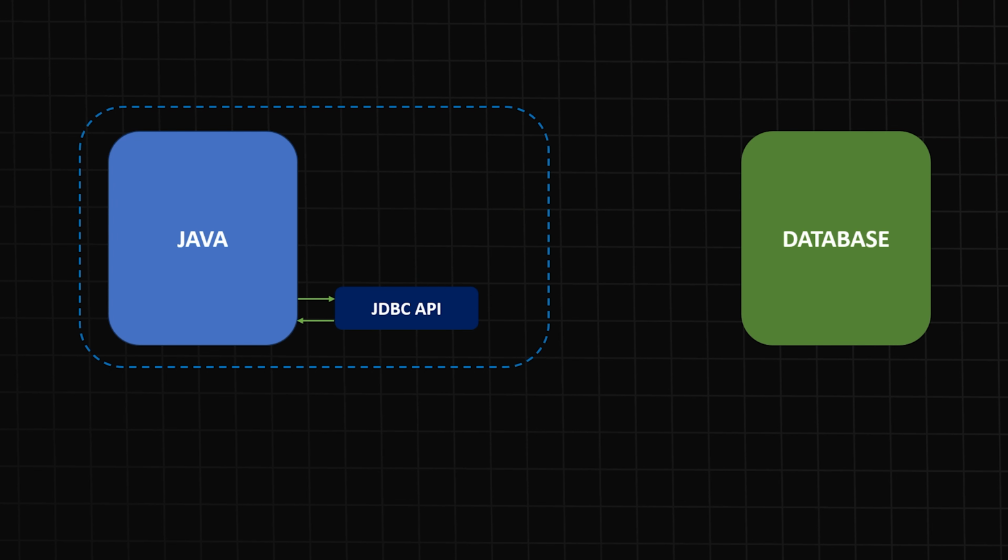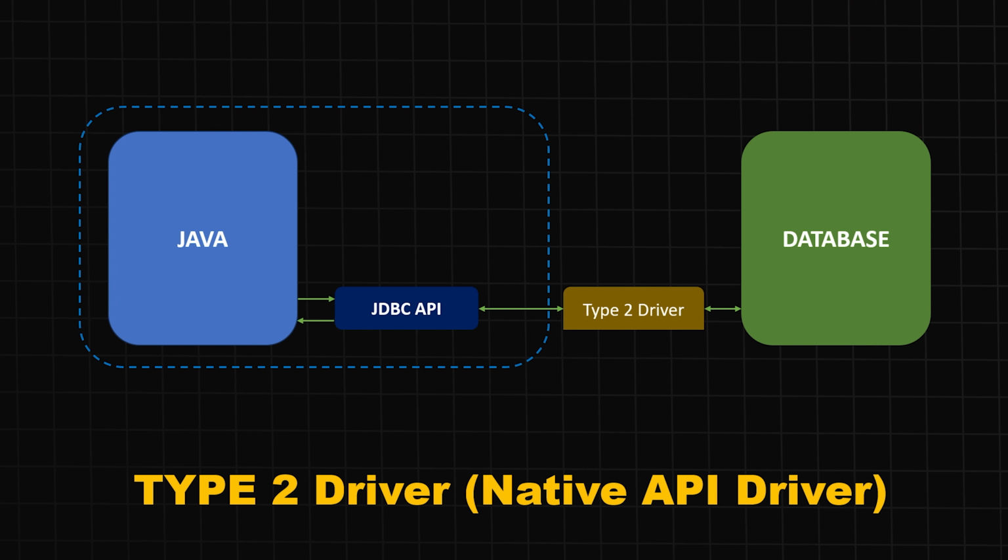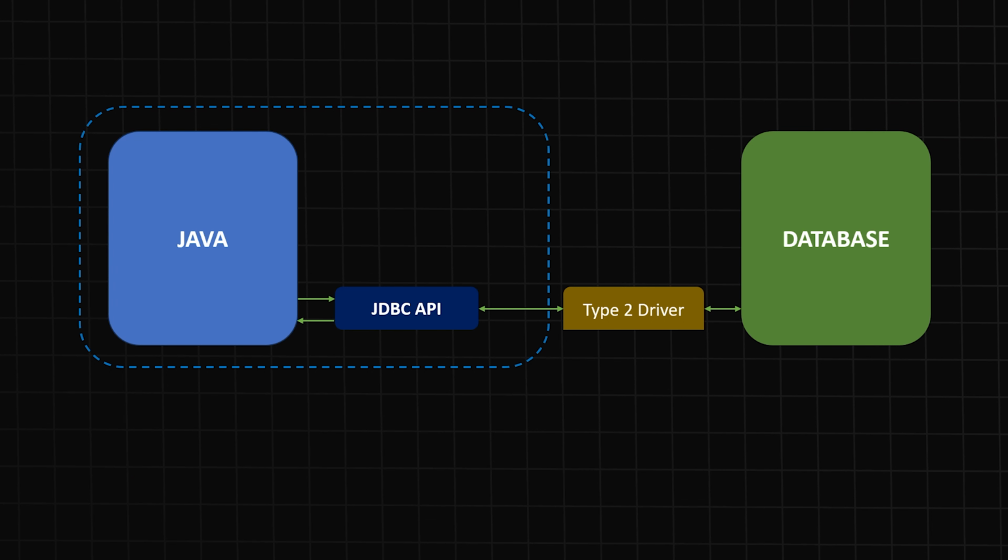But Java still uses the JDBC API, and the driver internally uses the database specific native libraries. There is no ODBC in between. Now our application talks to the API, then the API communicates with the type 2 driver, and this type 2 driver communicates with the database, right? And this is how the communication improved from the previous version. This was called the type 2 driver, the native API driver. Now in this architecture, it reduces the number of requests and responses as well as the number of translators.